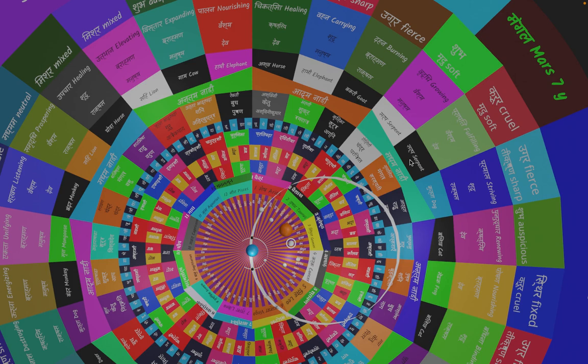So the whole sky is divided into 27 parts. Why? Because the moon, or the Chandra, takes around 27.3 days to complete that whole cycle, and in each of those zones the moon stays for a day. That is the reason it is said that the moon has 27 wives. These areas are given names and energies, and there are devatas or deities associated with them.